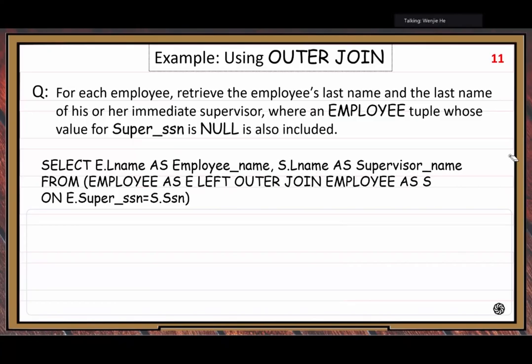That's the end of part D. But before I leave this page, there is a special situation, because of the null value. So we can see